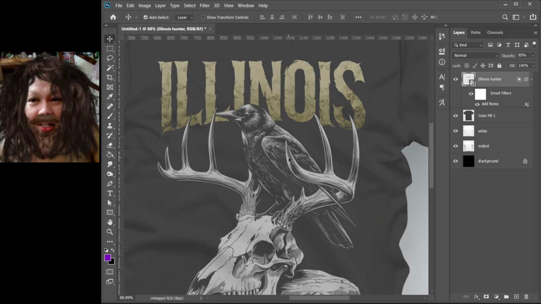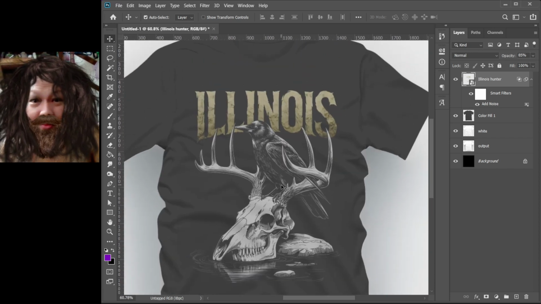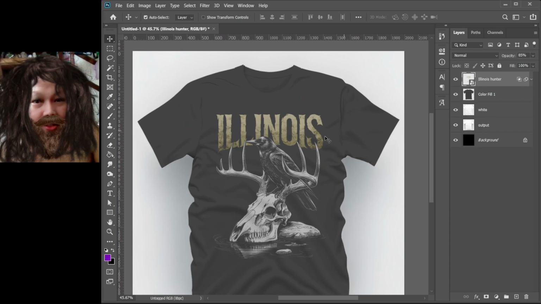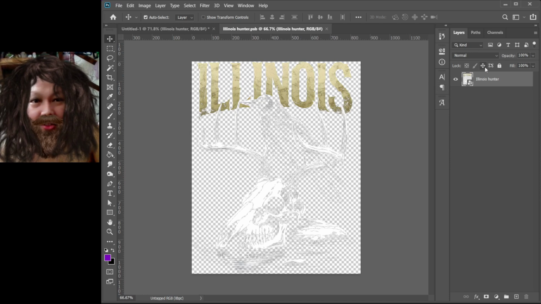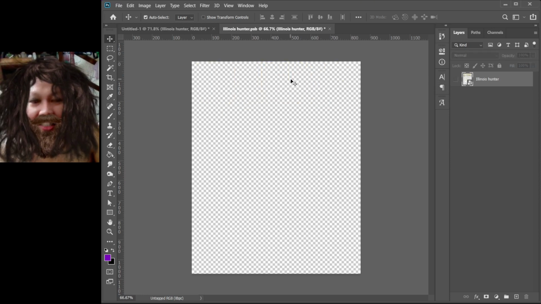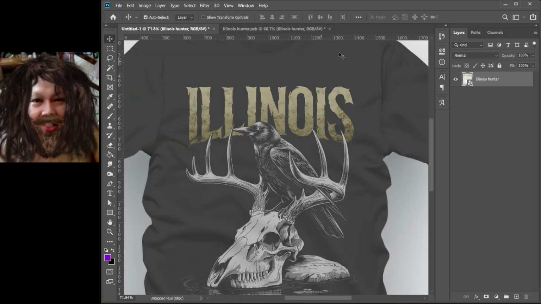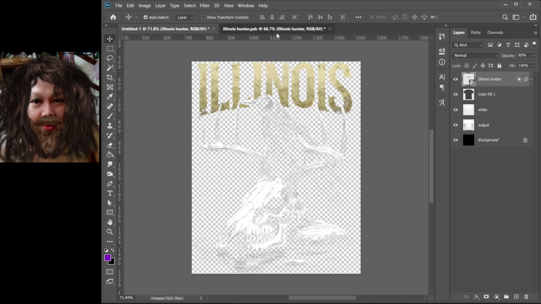So this is the simplest way to create a t-shirt mockup design. If you want to change the design, just double click here, upload the new design and hide this. Then save this one. So it will appear here as the new design. Example.